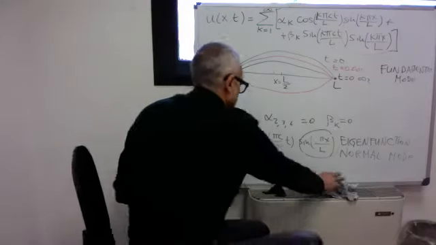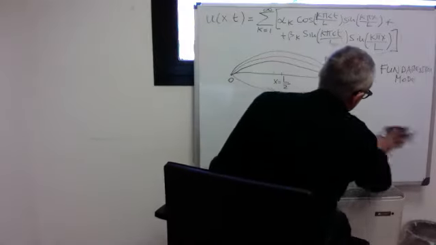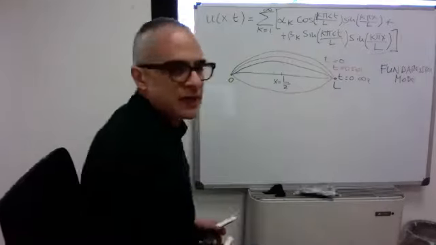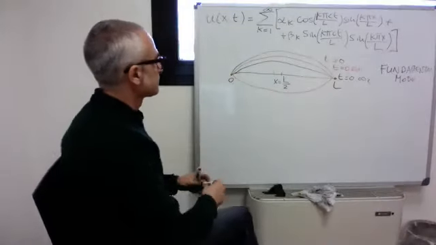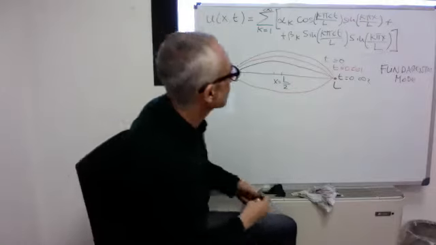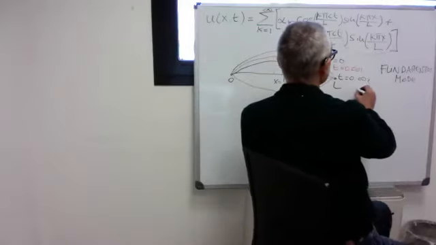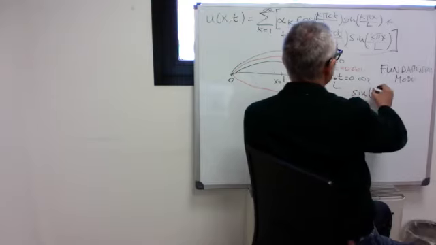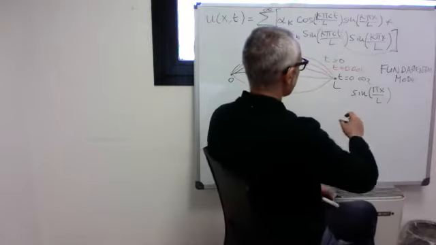Everything that you get for larger values of k, those are called overtones. Okay, so the fundamental mode of a string of length L is sine pi x over L, and